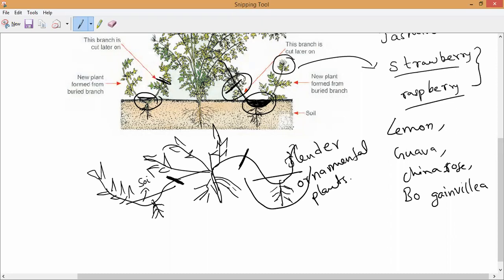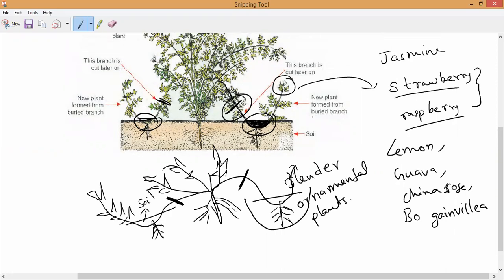Yes, please write. Layering: a branch of the plant is pulled towards the ground, and a part of it is covered with the moist soil.